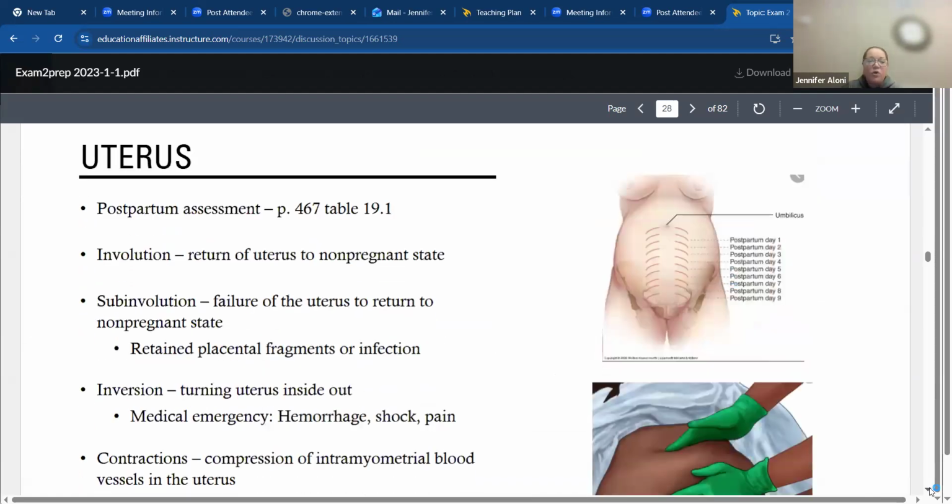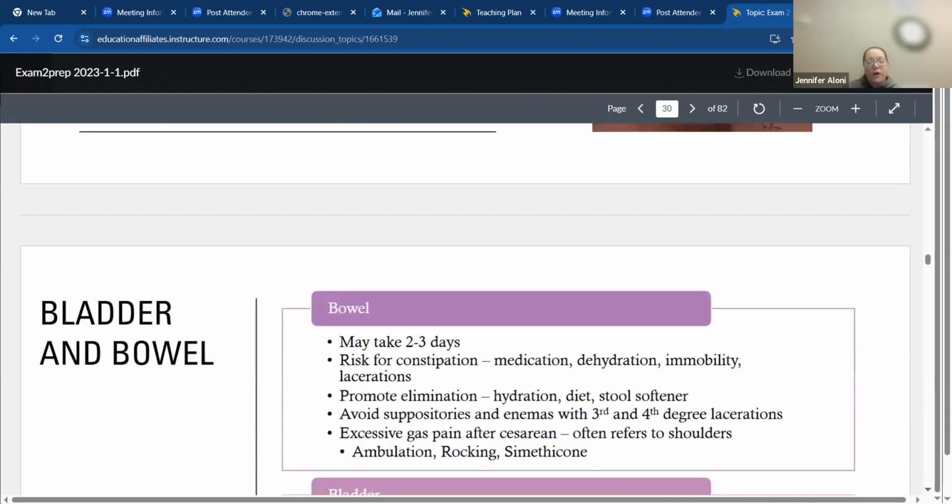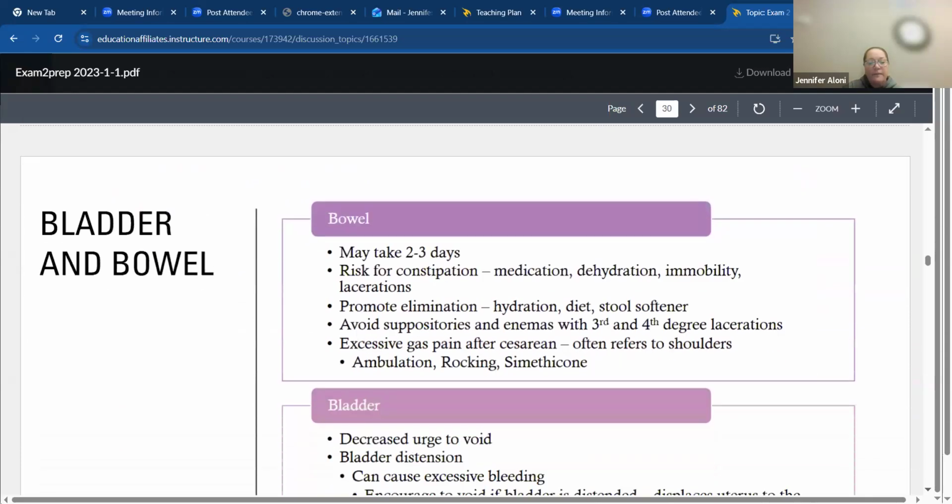With our uterus at postpartum, we should start to see it go down, down, down, down. Now remember, it takes 9 months to get really big and full, and then we expect by day 9 for it to be down, okay? If it's not going down, then something is not right. Sometimes we have to massage it to get whatever blood is stuck in there to get out, okay? So it should always be firm, never boggy.